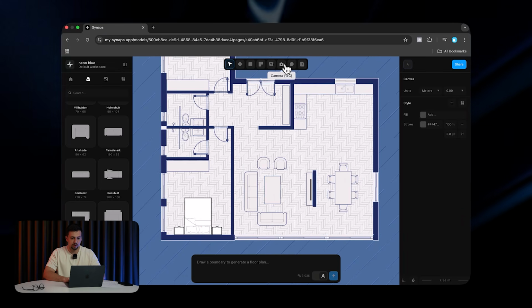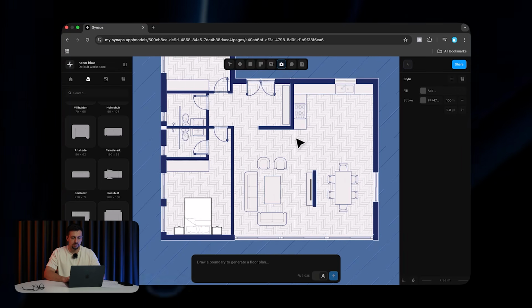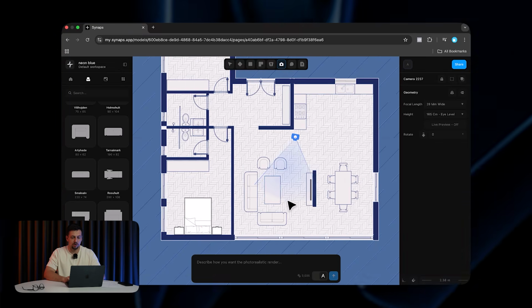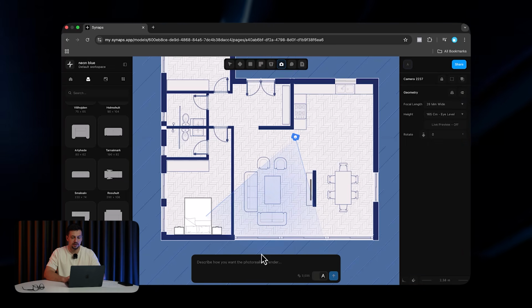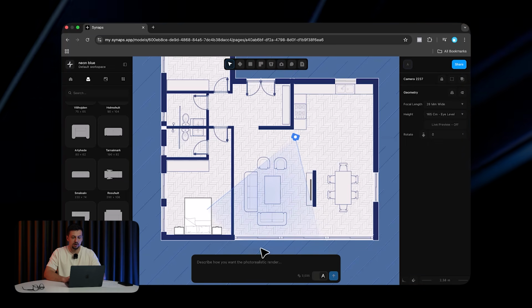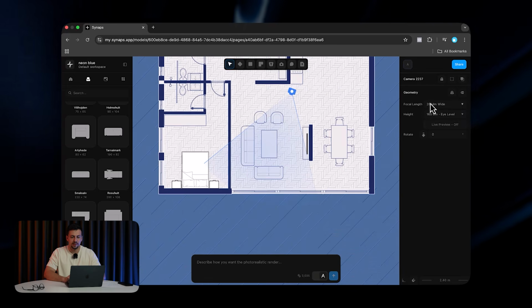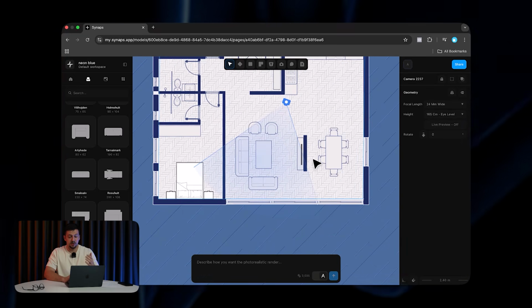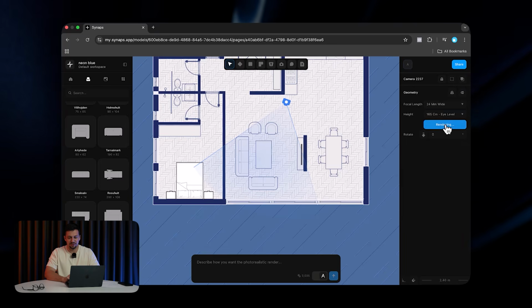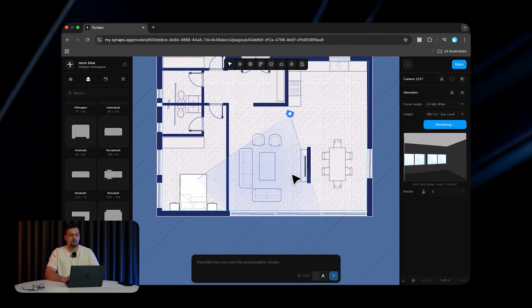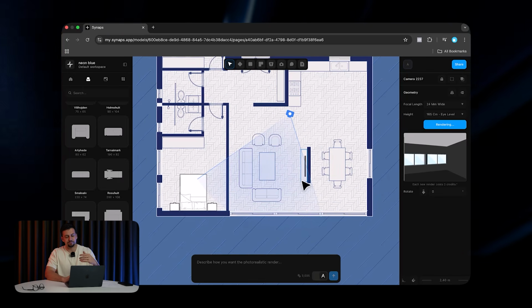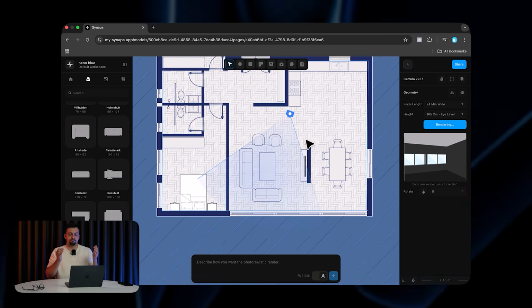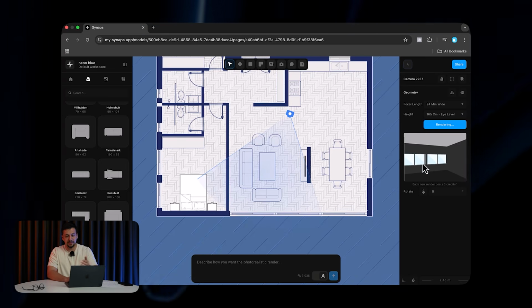What we can do is we can go here at the camera. We can click once on the camera, click one more time on the point where the camera starts, and another time for the angle of the camera. Then we can make this a little bit wider. If you want to see how it's built in 3D, you can turn on the live preview. So basically now this automatically builds the actual 2D environment that we have in the floor plan into 3D, and